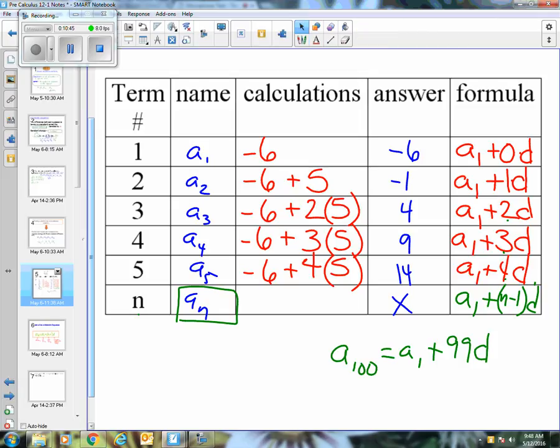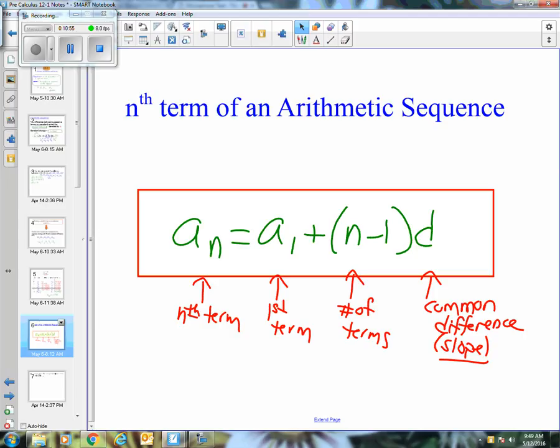I can add on all 99 of them at once, and I don't have to write all of those 99 terms to figure out what it would be. So it's great. All right, so here's our formula. It's a relationship. A lot of people think of it just as common sense because it is. If you're doing common sense kind of arithmetic, you would probably be able to come up with this